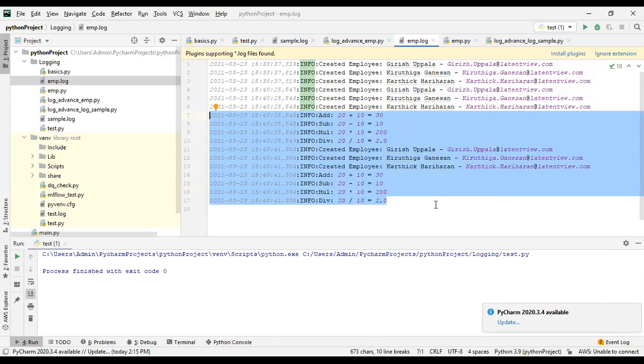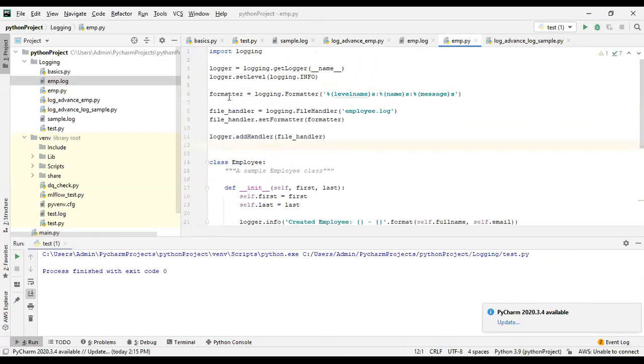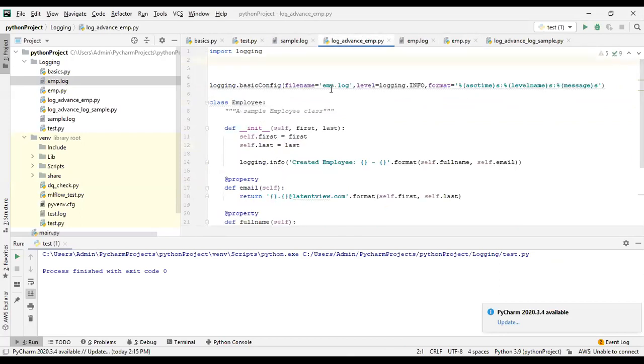Why this mess up? Because the basic config logger that you defined is pointing to the root logger. So once you import this module into the test, it goes to the employee file, where you have already set up your information with info, and you are pointing to the root logger here.